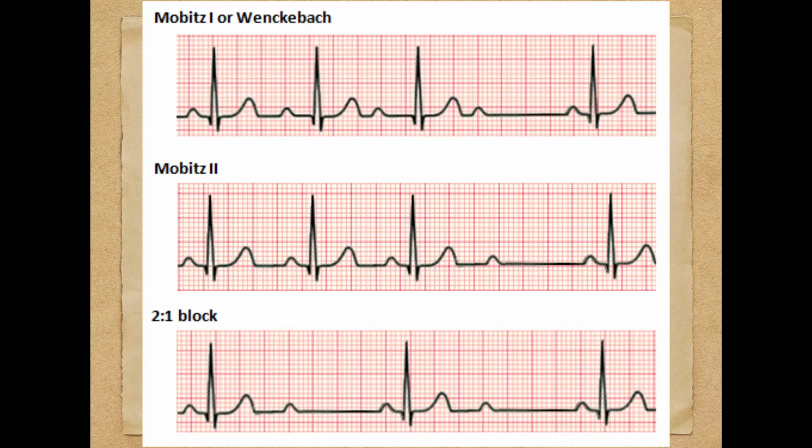Coming next to the type 2 heart block, there is Mobitz type 1 and Mobitz type 2. Here you can see that in Mobitz type 1, the PR interval slowly prolongs and there is a fall of a QRS complex, as you can see here. But in Mobitz type 2, the PR is fixed, but there is a sudden fall of a QRS complex. And the 2:1 AV block, as you can see clearly in the picture, is where every second P wave has a fall of the QRS complex. That's called a 2:1 AV block. So this has to be kept in mind when you see all the ECGs.